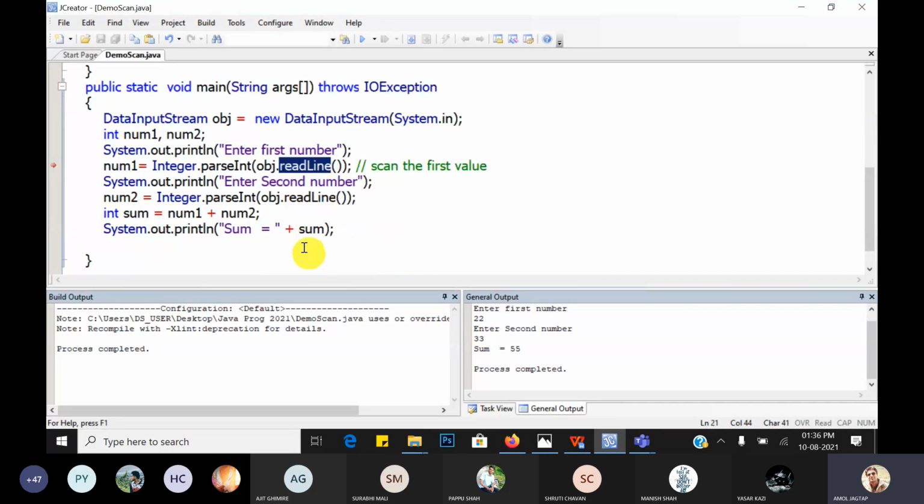Here only one method, readLine, exists. It always returns a string, but as per our requirement, we have to typecast it. Casting means to convert. In this way, we have to scan the integer values.